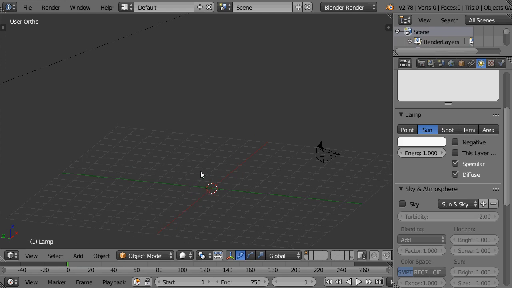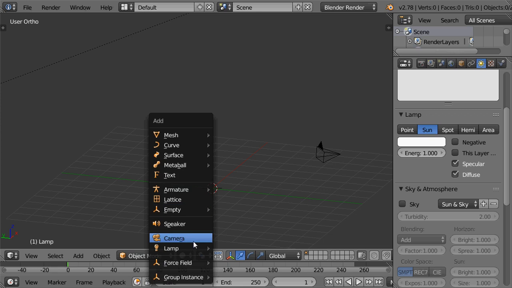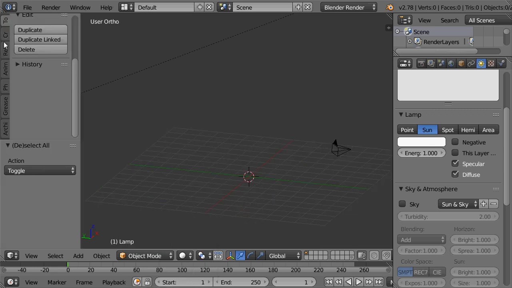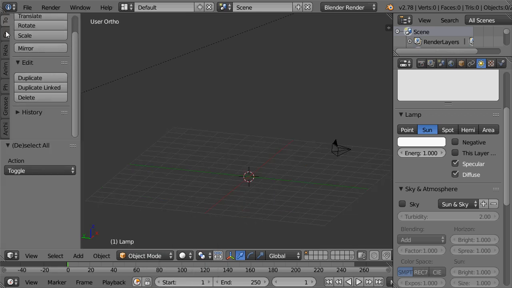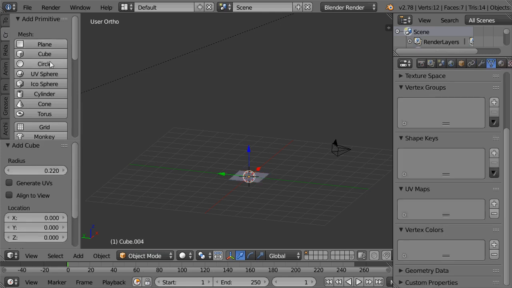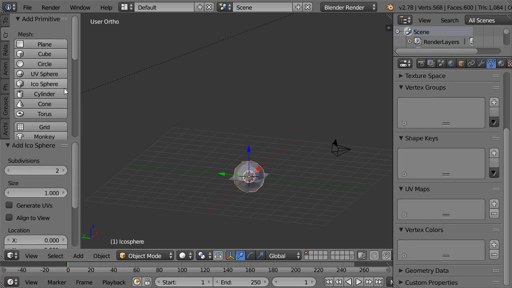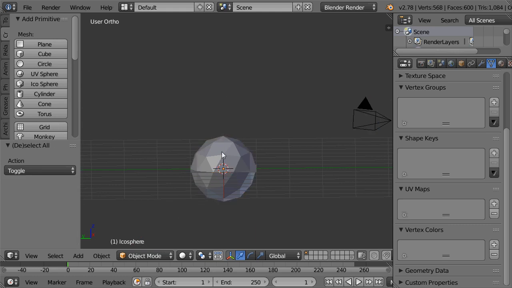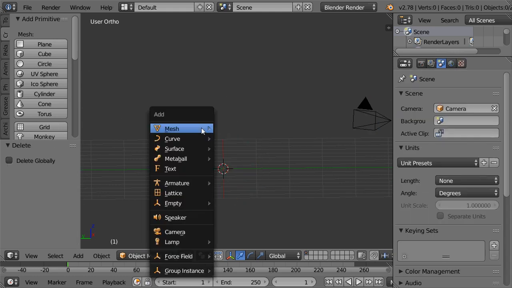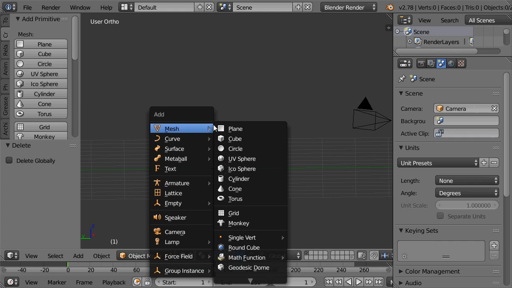creation shortcut. Shift A will display this menu right here. You also have it in the creation subpanel. Create plane, cube, circle, whatever. Now, Shift A will create a cube,